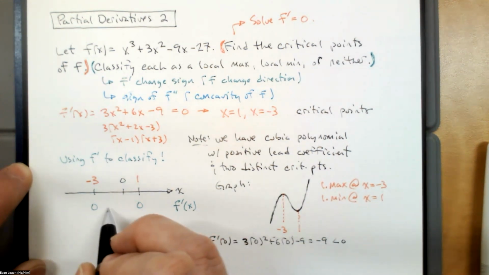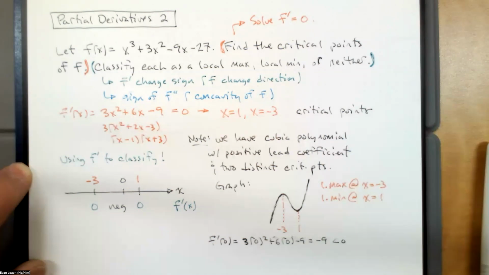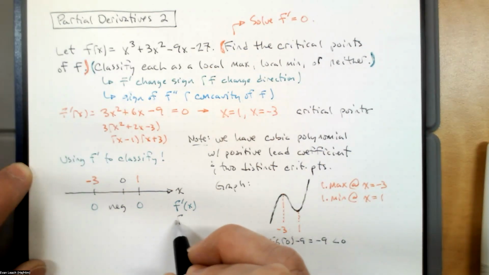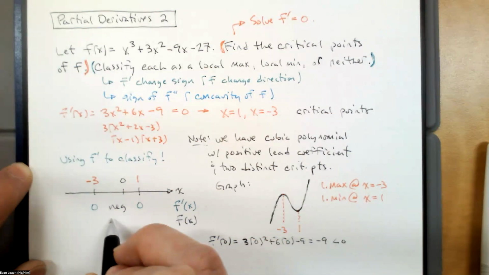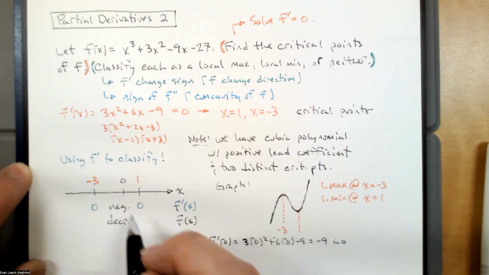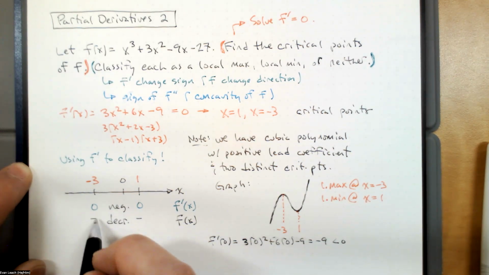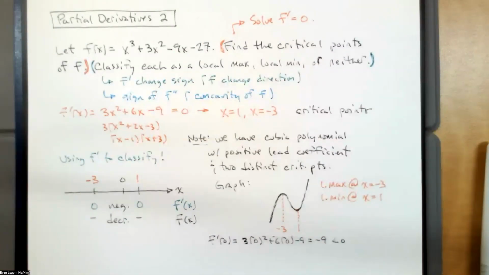So f prime of x is negative, so f of x is decreasing. At 0, f of x is flat. We knew that this was going to happen because we knew what this function looked like. But if we didn't have the graph in our heads, this is how we could find out what's going on